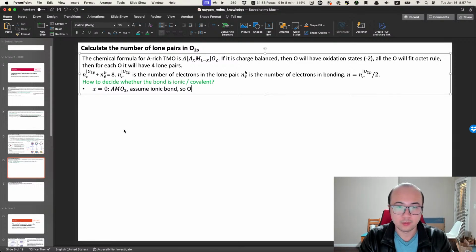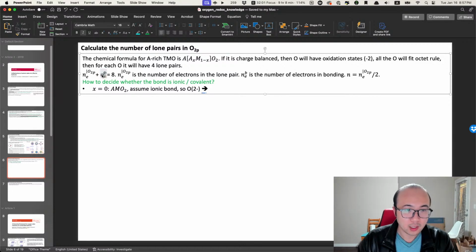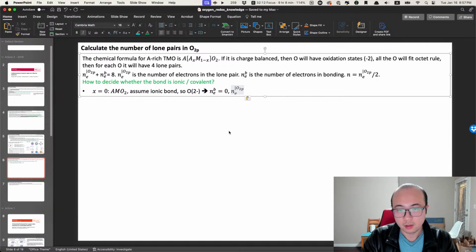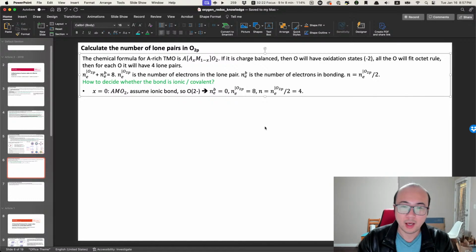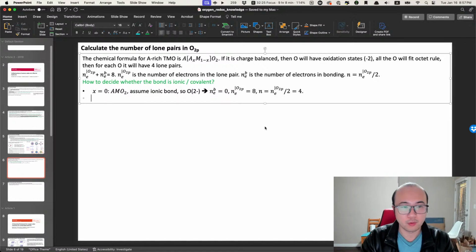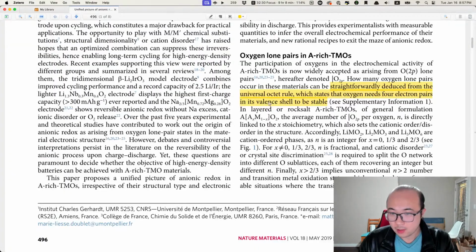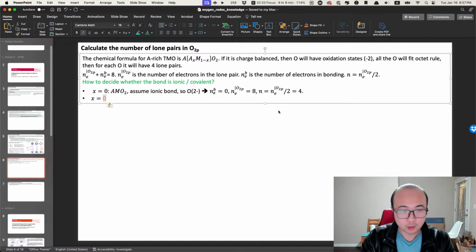So oxygen 2-, which means bonding is 0, and this one equals 8, and we know that n equals this equals 4. So in this case n equals 4. When x equals 1/3,